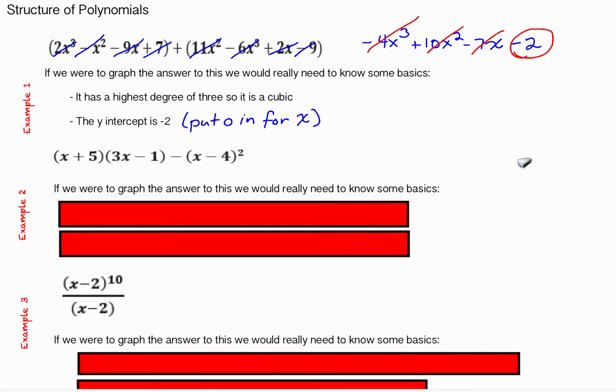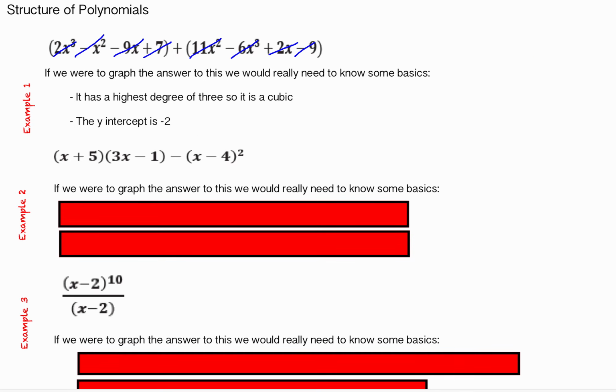And that's the point, that we want to make sense of it before we do anything with it. Okay, for example 2, there's a lot going on here. They want us to multiply and then subtract. So I'm not actually going to do this all out right now, but I want to look at it as if we were graphing it. I want to be able to quickly look at this and go, hey, x times x